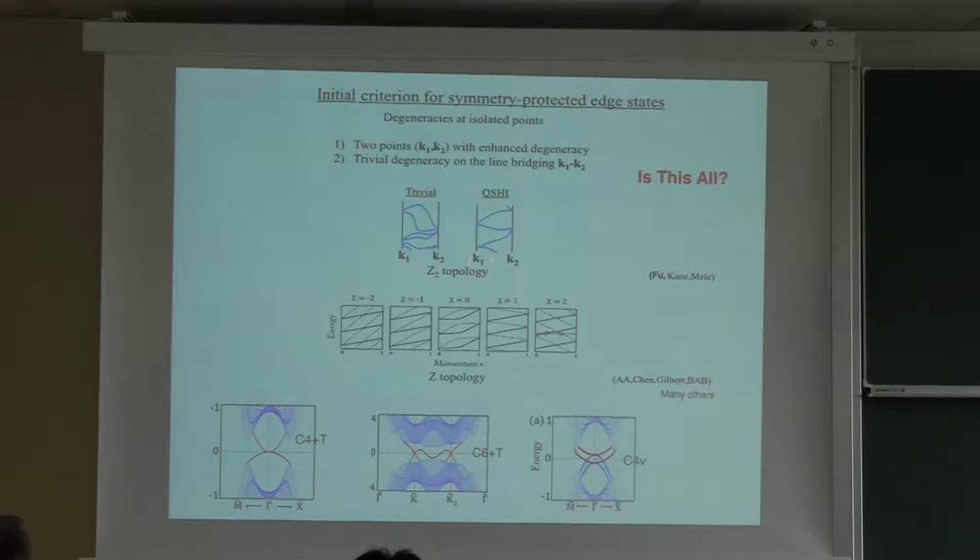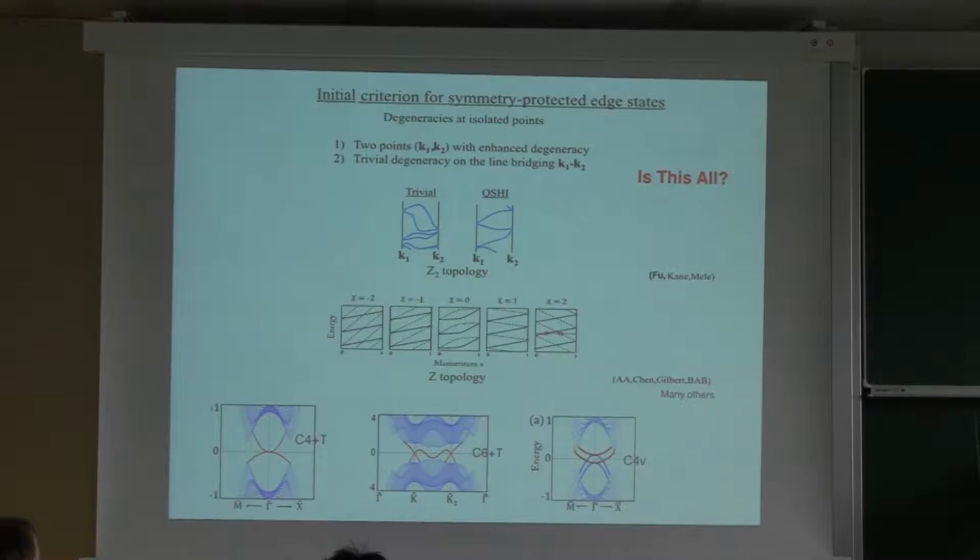So say K1 and K2 are some momentum points in the Brillouin zone of the surface, and this is the surface Brillouin zone of the three-dimensional material. This can be either of these 4 points. Now, time reversal symmetry requires that you have Kramers doublets both here and here. So here, here, here, here. And that's the only thing you need to know to pretty much immediately see that you can have two kinds of insulators.